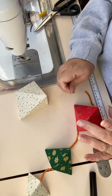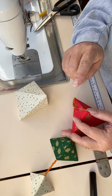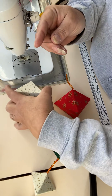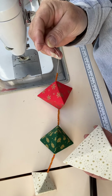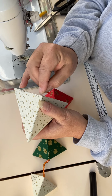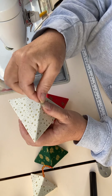So I've used a double thread and I've literally just done a few tiny stitches through the top of my previous gem. I've added some beads to my thread, and you can make that as long as you want to. If you want to put more beads or less beads, then you can do. And then I'm going to make sure I've got either the top or the bottom, and I'm just going to go through there with my needle